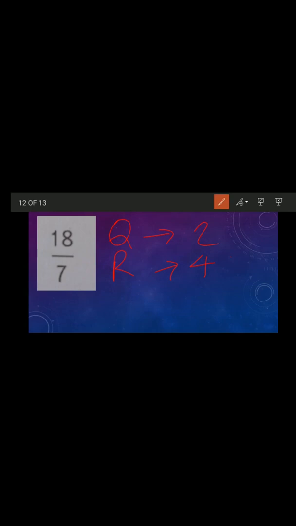First of all, as I said, the denominator will be the same. In a mixed numeral we need one whole number and a proper fraction. So the denominator will be the same, so we will write 7 as the denominator. Now among 2 and 4, what will be the whole number? Whatever is the quotient will be the whole number. So 2 will be the whole number. Now what is left? Remainder 4 is left, so we will write 4 as the numerator. So our answer will be 2 whole 4 upon 7.